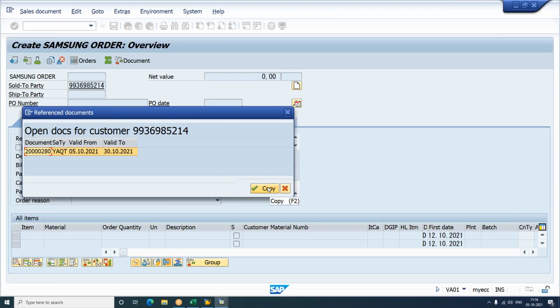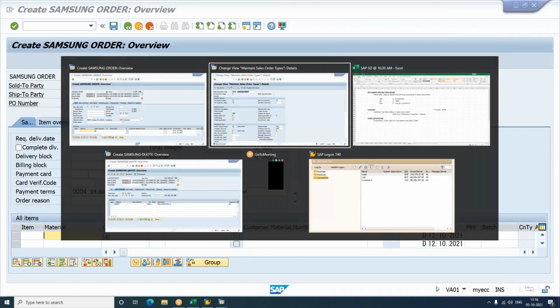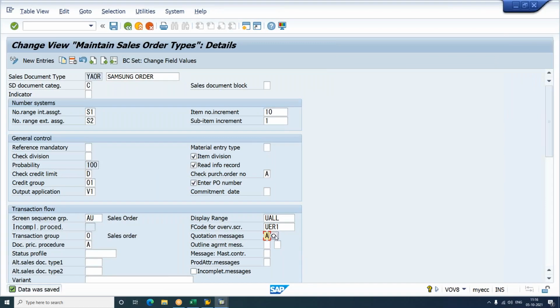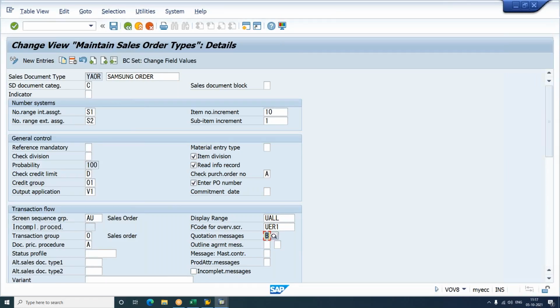Okay. The interesting part is how you want the system to perform a check with reference to this customer. If there are any open quotations, the system will read them. Or in case you change this particular field, quotation messages, I'm maintaining it as B, item level with reference to material. If you want to see whether any open quotations are there, save this one,